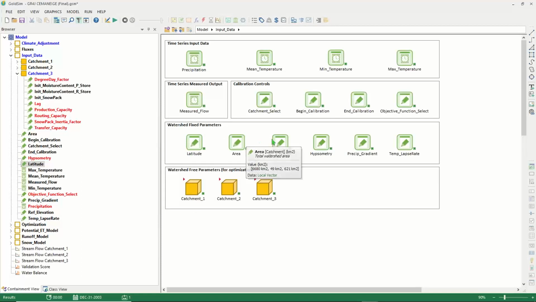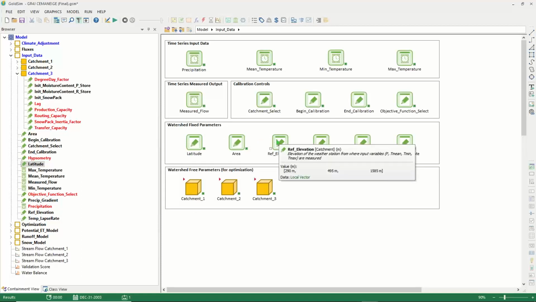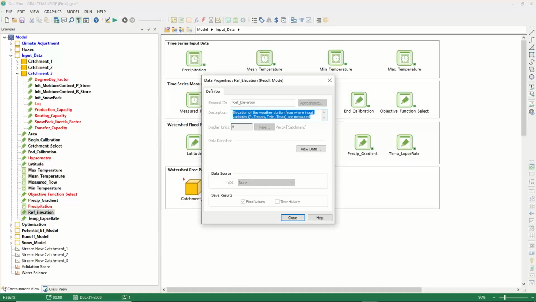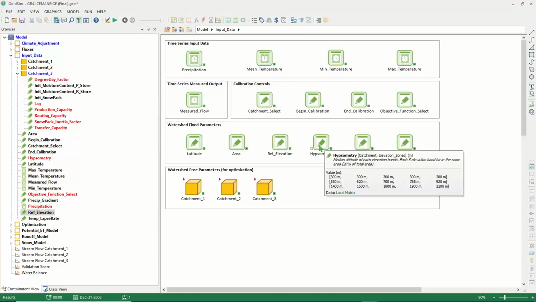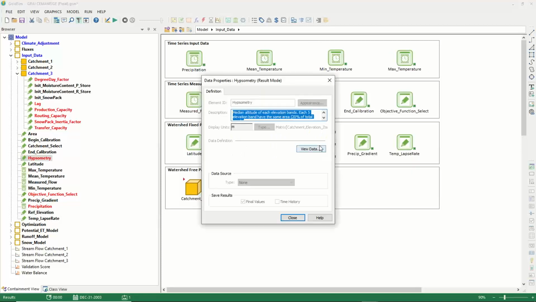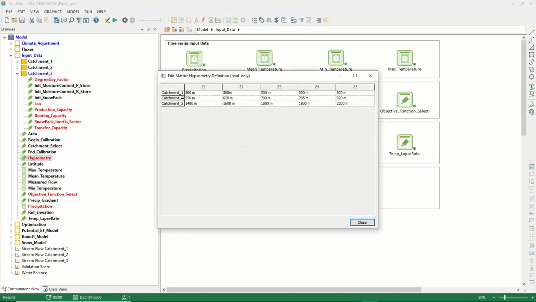The watershed area, the reference elevation is, and I've explained everything in the description. So that's really the elevation of your weather station where the input data are being measured. In hypsometry, each catchment is divided in slices of equal area, and this is the median elevation of each